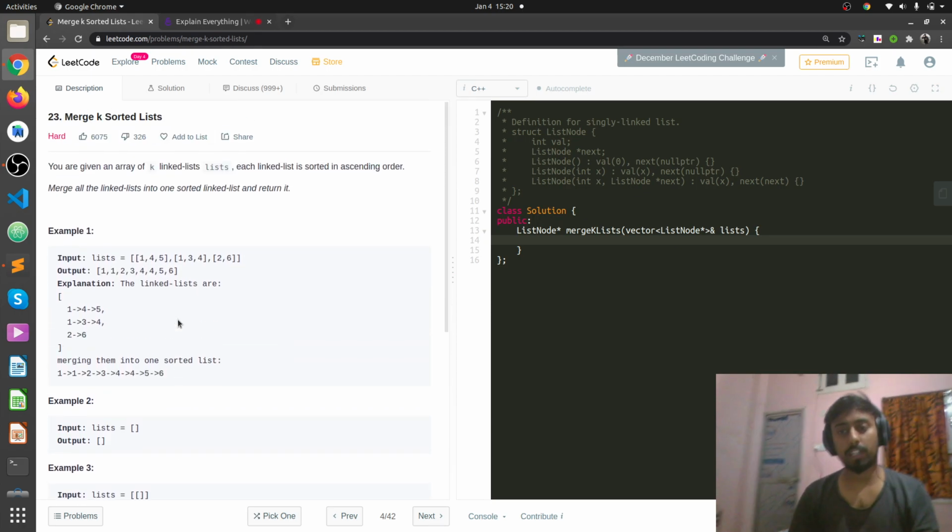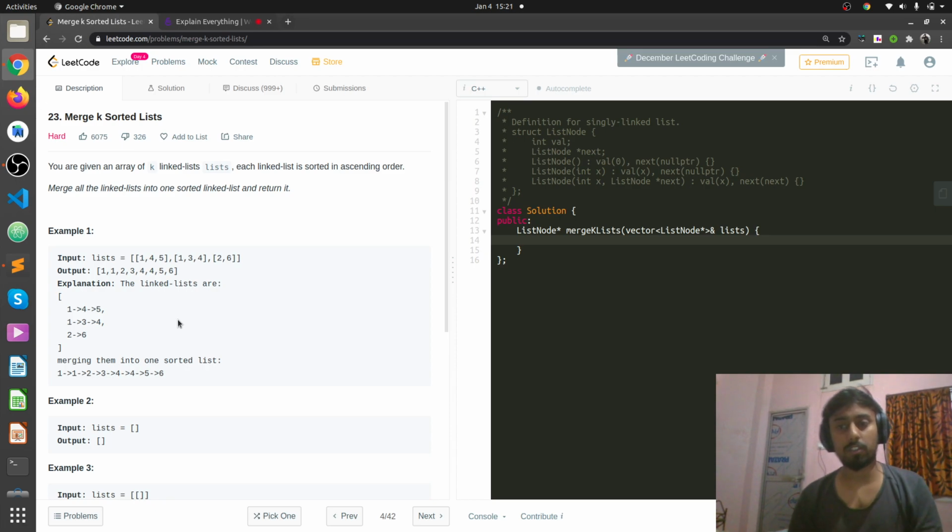One of the efficient approaches to solve this question is a priority queue, and if you are not aware of the standard template library priority queue, then we are going to discuss it now. Let's see.